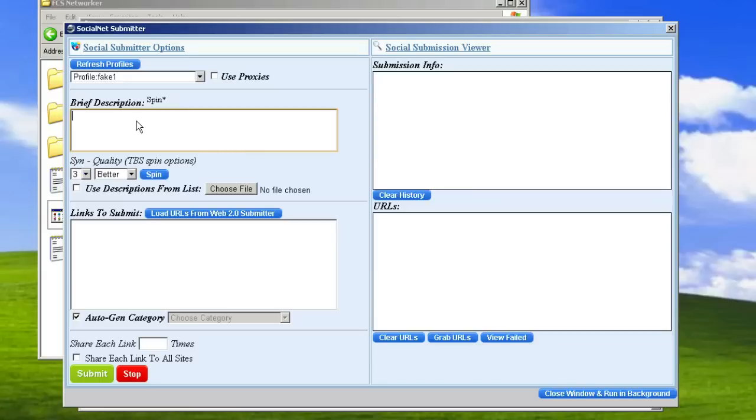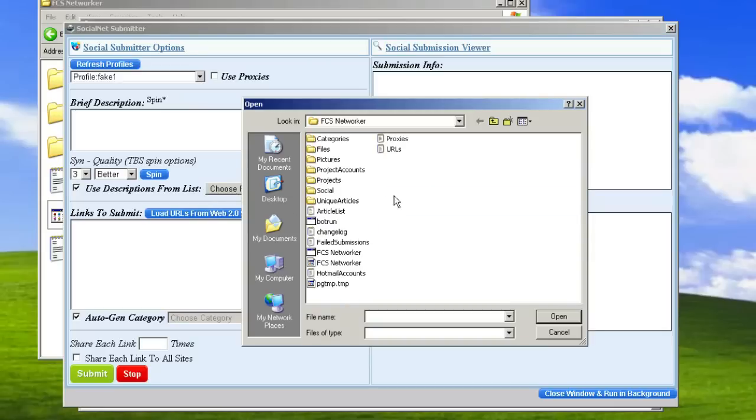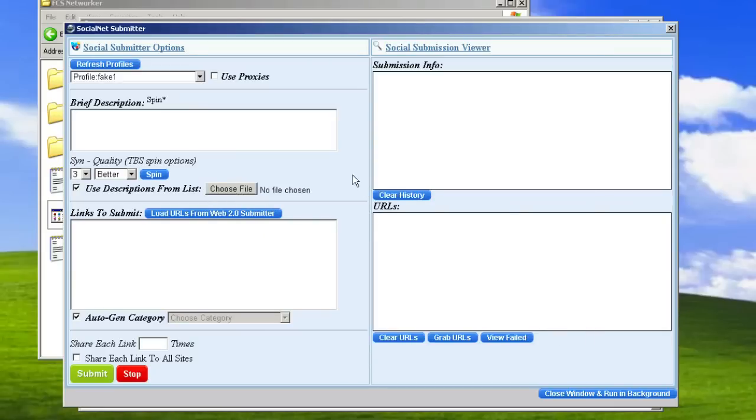But if you're somebody who really wants some unique descriptions and you're going to be blasting out a bunch of different links, you can use descriptions from a list. And when you check this box, you're going to need to load up a file. All that file needs to do is have a different description on each line. So the descriptions should be on their own lines. And then what the bot will do is randomly choose a description from that list and use that rather than using the